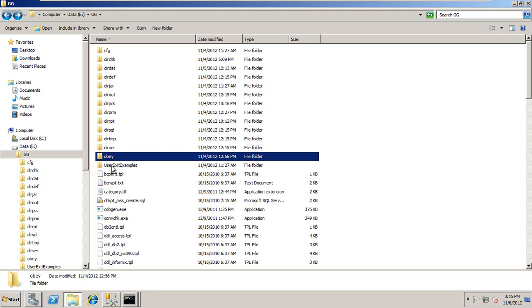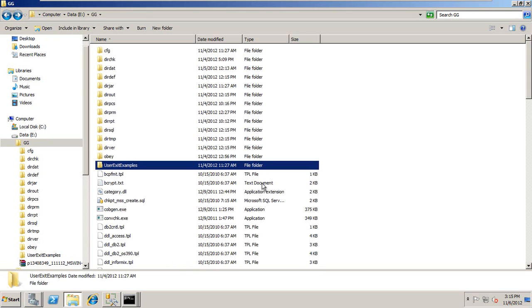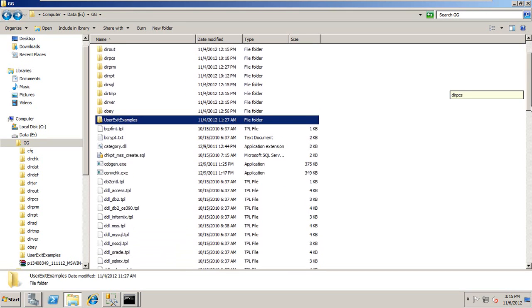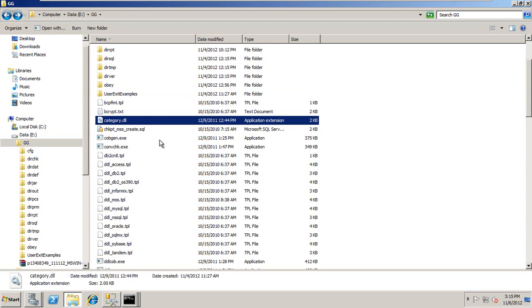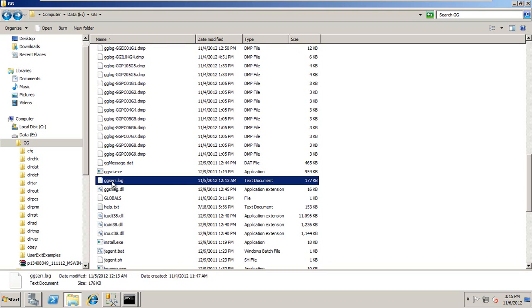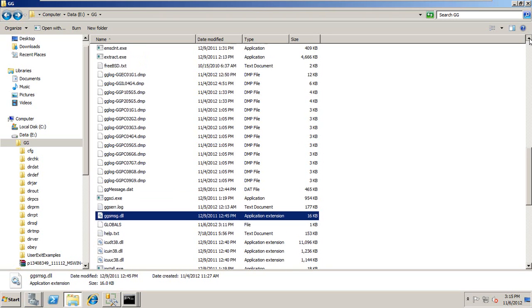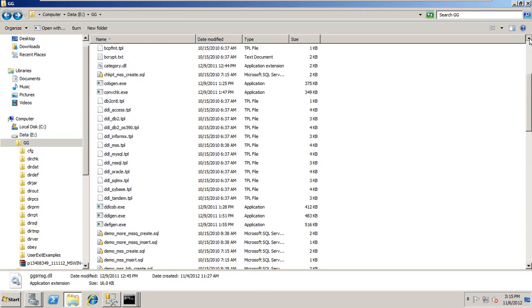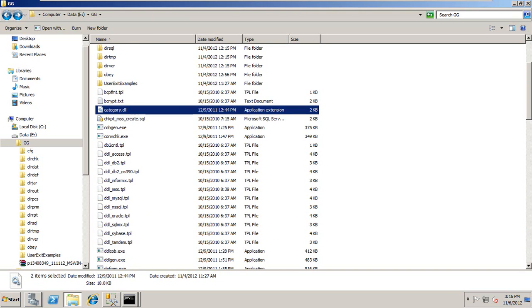User exit examples: some examples for GoldenGate. Okay. So category.dll, and there should be ggs dot something. Ggs message, ggsmsg.dll, and category.dll. These two files